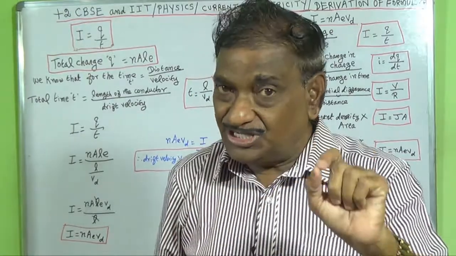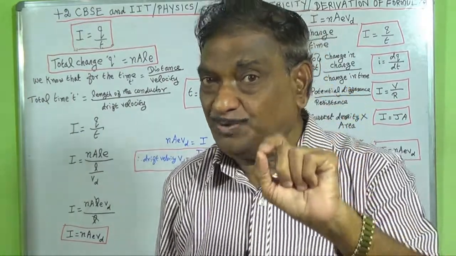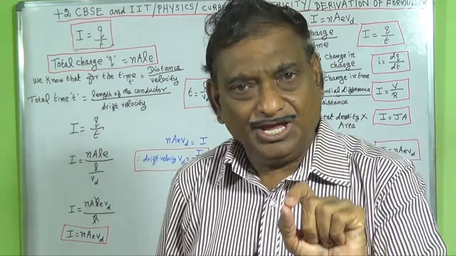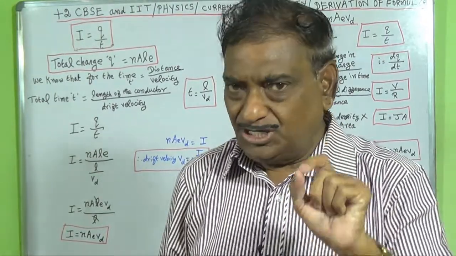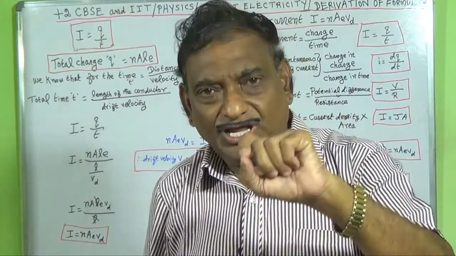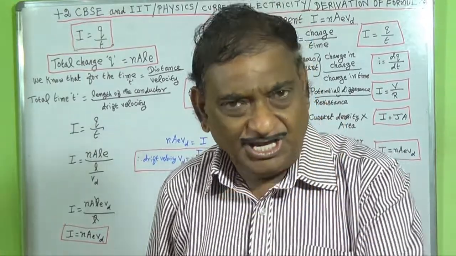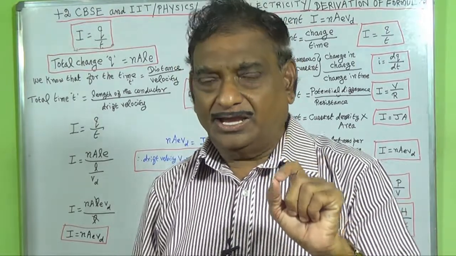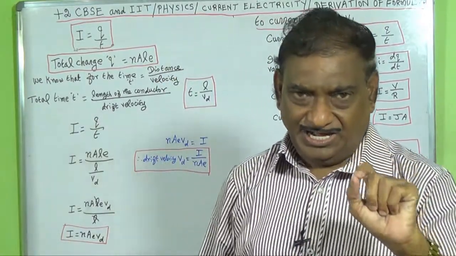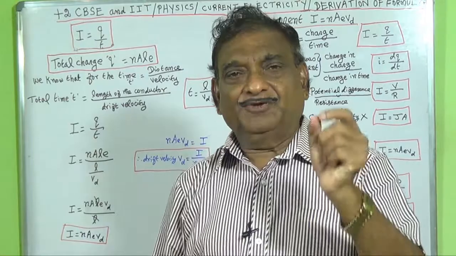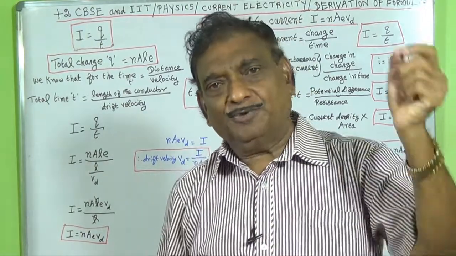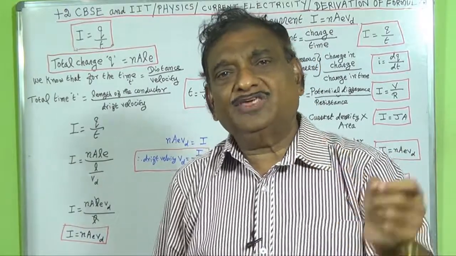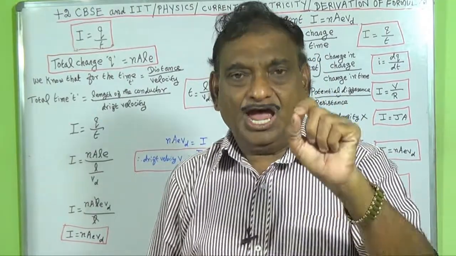nAeVd. What is n? Number of electrons per unit volume. What is capital A? The cross-sectional area of the conductor. What is small e? The charge of an electron. What is Vd? The drift velocity of the electrons. So the formula for the current relating drift velocity, number of electrons per unit volume, cross-sectional area and the charge of the electron is I equals